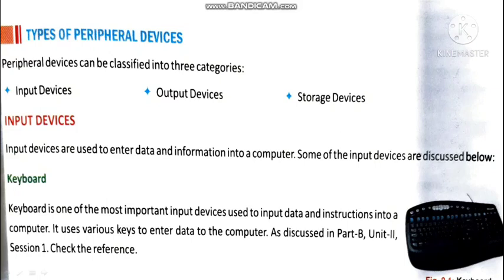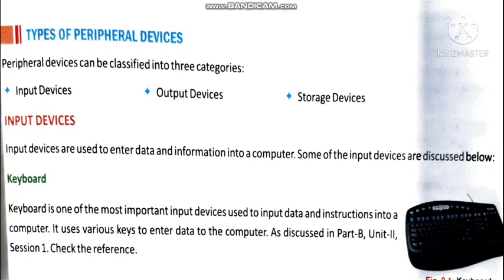Some of the input devices, the very commonly used one is your keyboard, where most of the time when we have to enter some data, we will be using this keypad. In your laptops or notebooks, it will be inbuilt on the main unit. But if you have an assembled desktop computer, the keyboard will be an external attachment to the computer system. In this chapter, they haven't explained it to that level. They have told us to refer to another chapter on the keyboard.